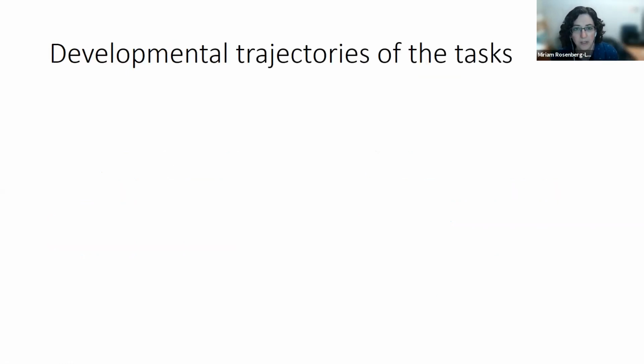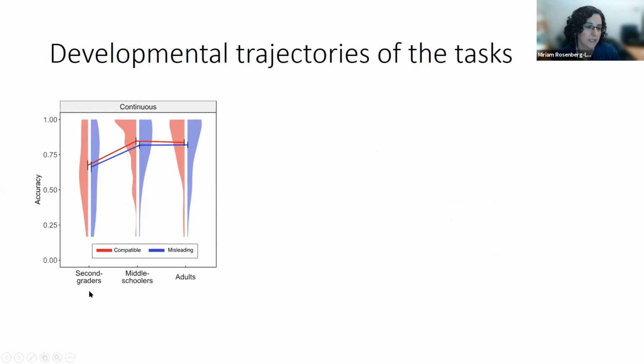So how do they do on these tasks? Well, combining our data from the previous publication in second graders, middle schoolers, and adults, we can see a strong improvement in this task in the continuous case. What you're seeing here are means, and then these are clouds of the distribution of performance on the task. It improves in middle school, but there's no real further improvement into adulthood. Whether this just represents differences between our samples, or the engagement of students in school versus undergrads in the participant pool, I can't say.